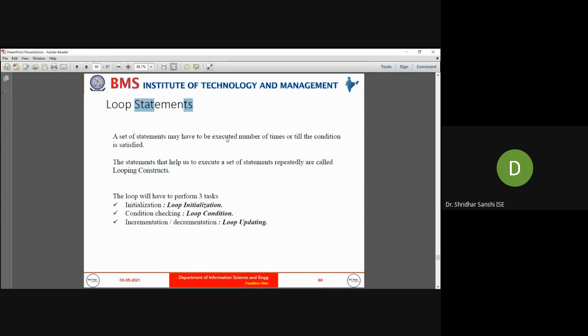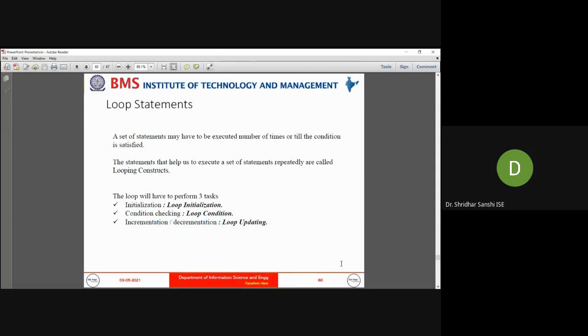All these looping instructions should perform three tasks. One is initialization: in order to begin the loop, we initialize the variables. Second is conditional checking: before or after entering the loop, we check whether to execute the instruction or not, and this needs to be checked for every iteration. Third is incrementation or decrementation, based on which the condition checking will change.